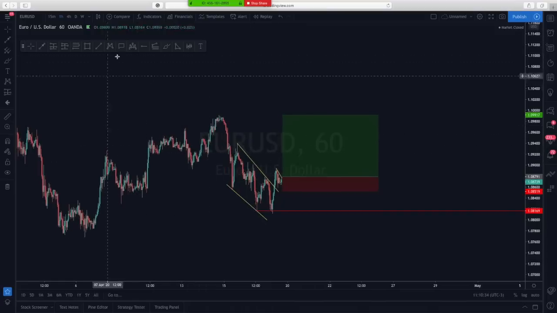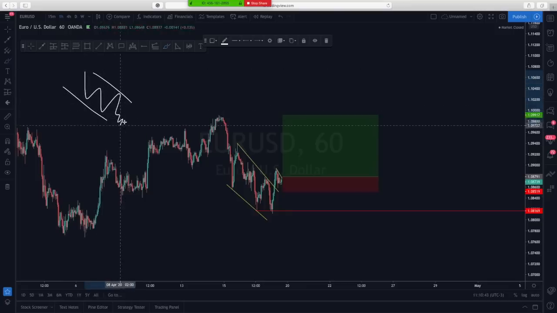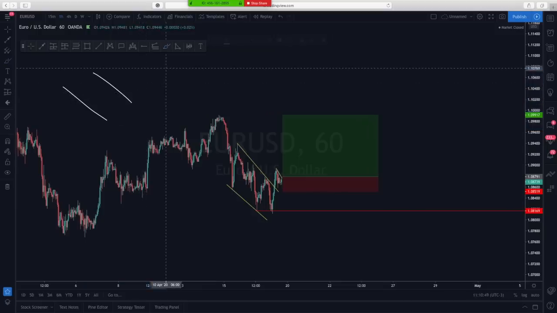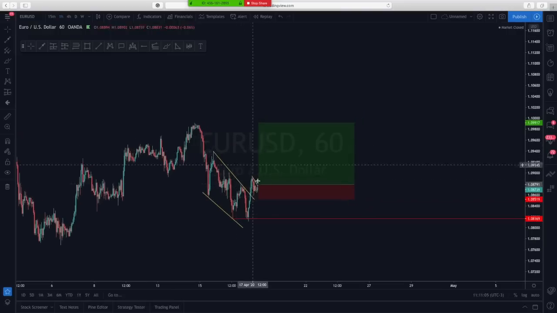But normally you guys should notice that if structure is giving us something like a descending, I say we look for an entry somewhere down here, but if it doesn't give us that, we wait for structure to break and then give us that correction, then we'll take this correction. That's actually what's happening now. As you can see, structure did give us the double bottom formation, and afterwards it's even a descending type, this double bottom descending type, and now it broke out impulsively, and now it's actually correcting right here. So with this one here, it's super amazing. I want us to play around with the stop, put it here by 27 pips.